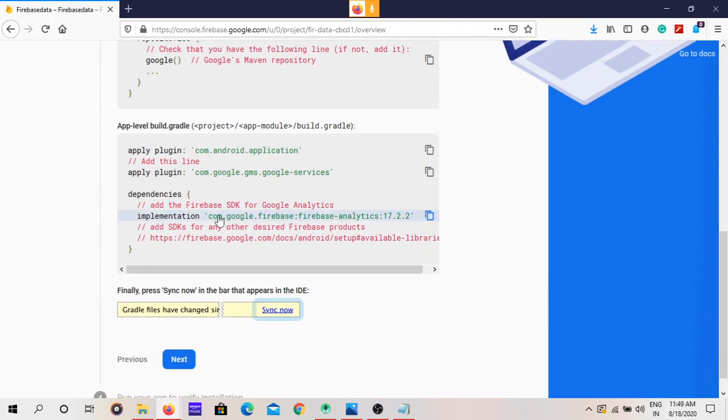And we have to add this Google Analytics dependency. See, Firebase uses this dependency to analyze our app, like how many users are using this app at this point of time, or whether the app has crashed, how many times it crashed, and at what time it crashed. So it will collect all this analysis and make one report for every day. Yeah, we have to use this. It is very helpful.